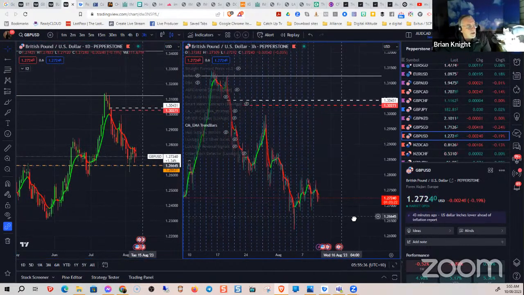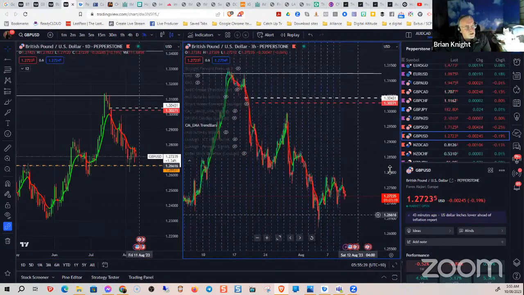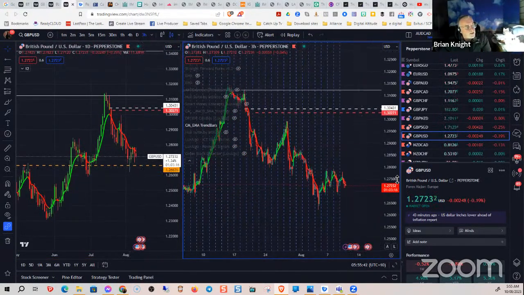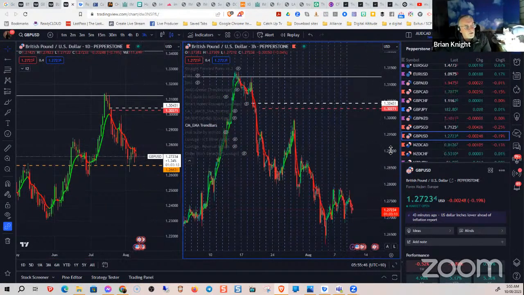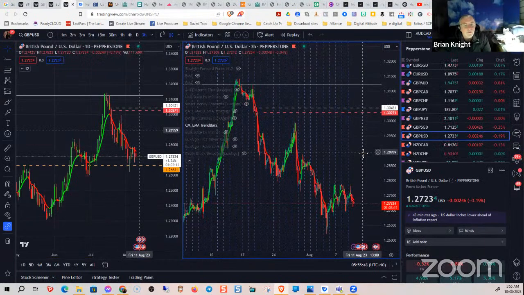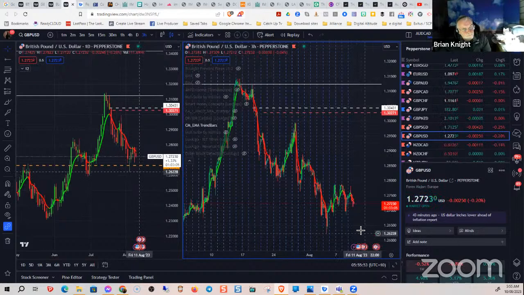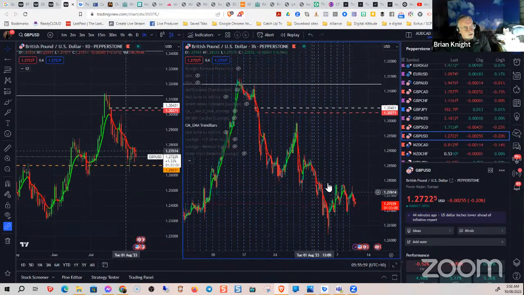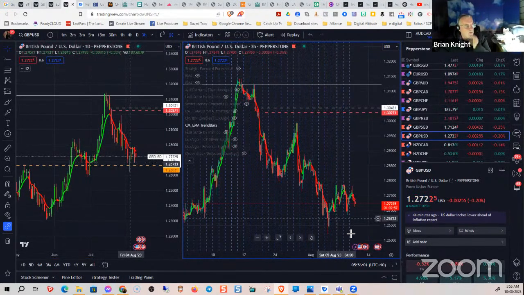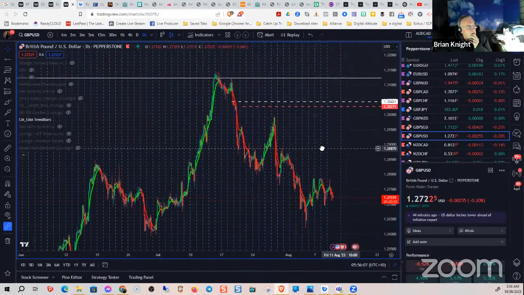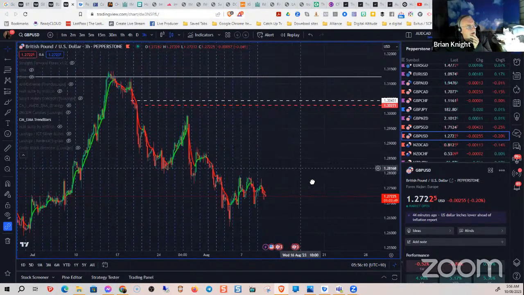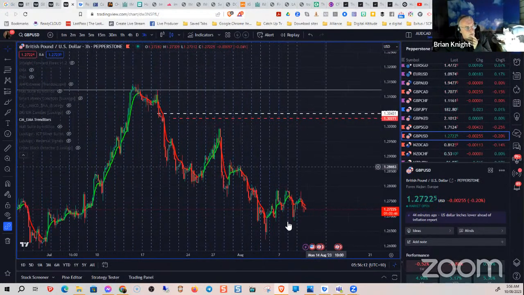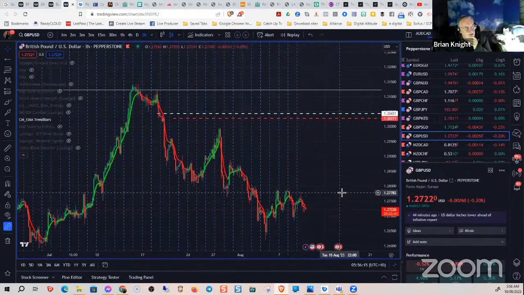So some of these pairs I'm in, I'm going to see whether by the end of this trading week I get out of some of them in a very nice profit, like this one on 320 pips or so. Or whether, because at the moment it's just going sideways, a lot of the pairs are going sideways, I may become a little bit more dynamic, in buys and in sells.